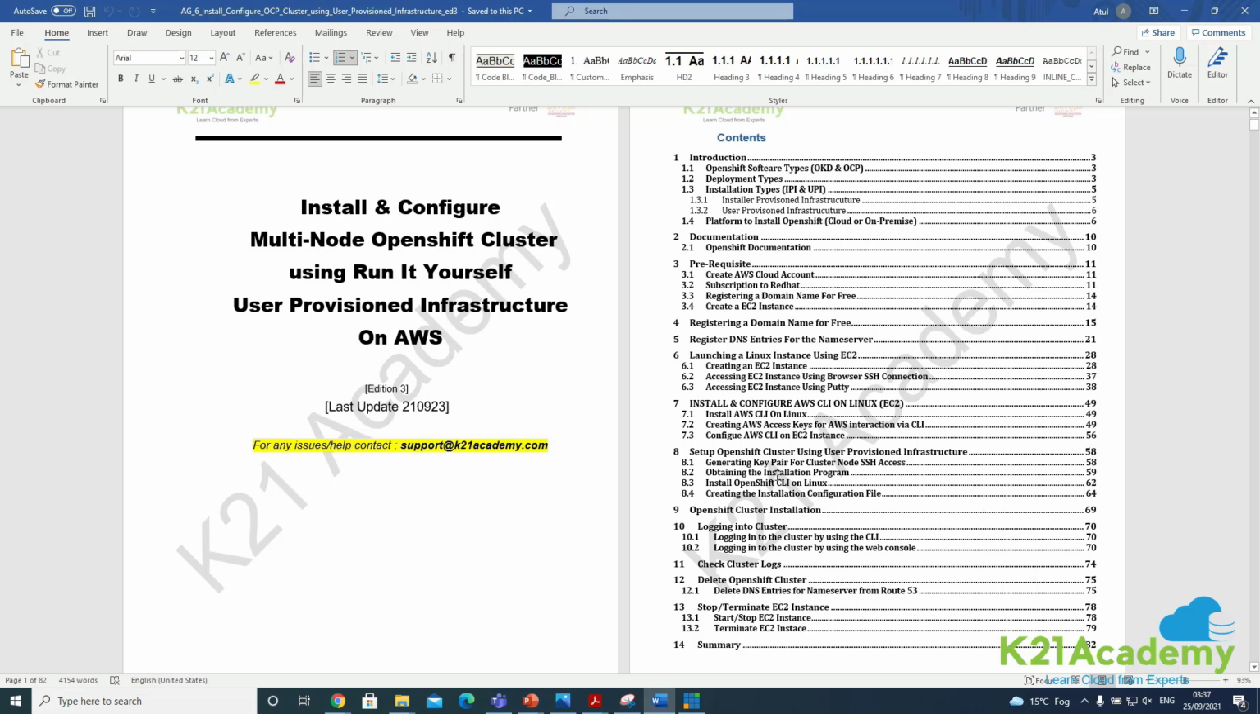And for that, you need some work to be done, which is you generate a key pair so that the EC2 machine where the OpenShift cluster is done can connect to other machines, your master node and worker node, and so on. You'll be downloading the installation software for OpenShift. You'll install the OpenShift command line interface on Linux, and then we'll create the configuration files through which you're going to deploy the OpenShift cluster. Then you'll be installing the OpenShift cluster in this chapter, and then finally you'll be logging on to the cluster